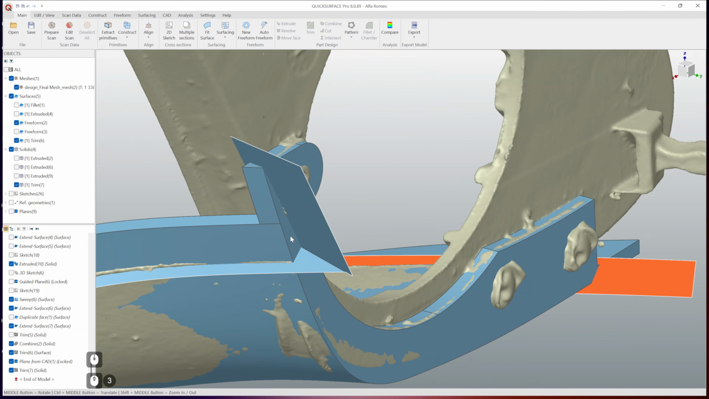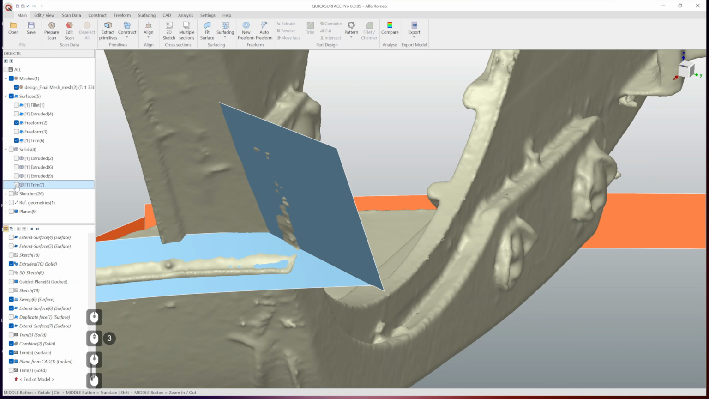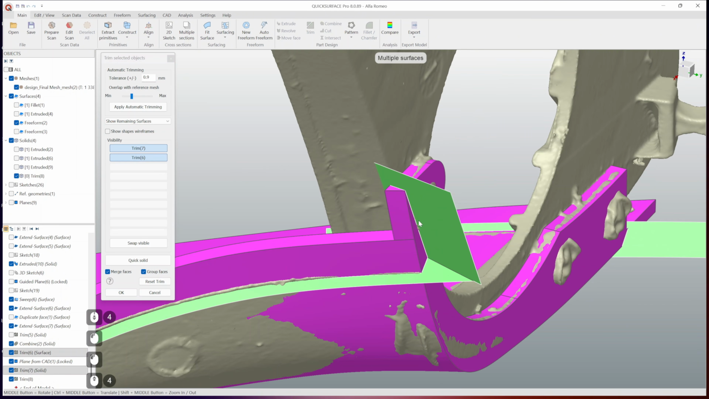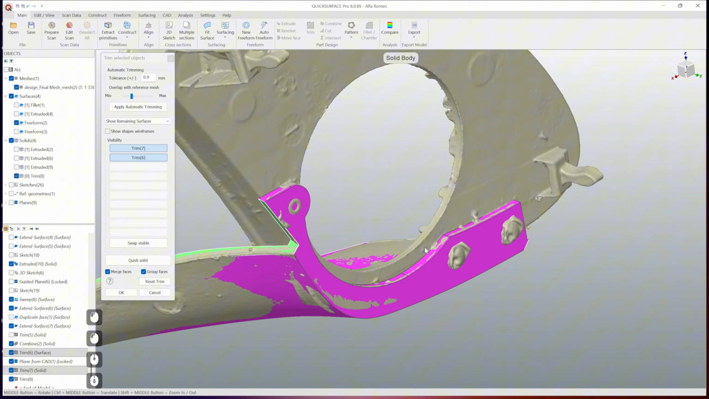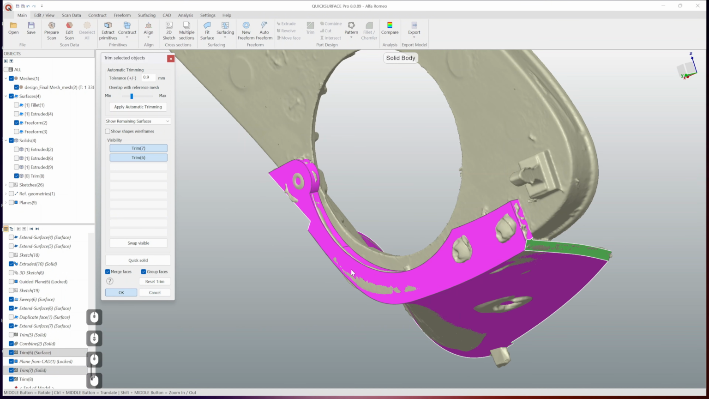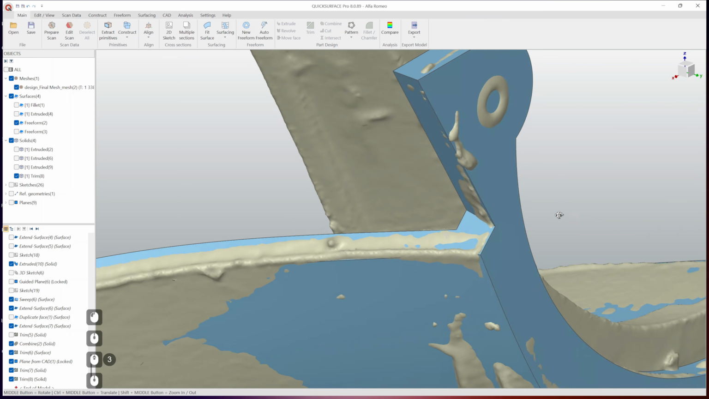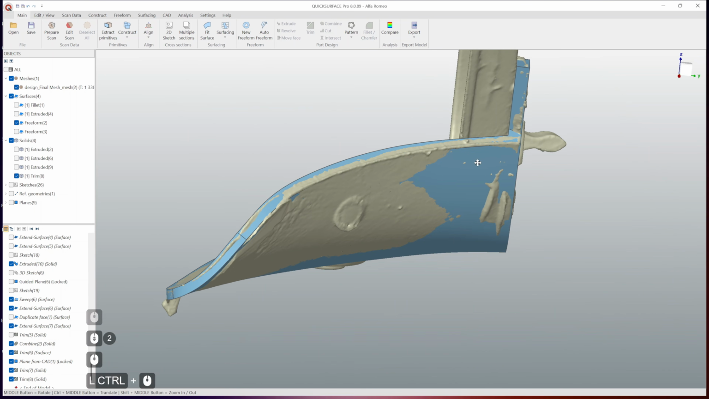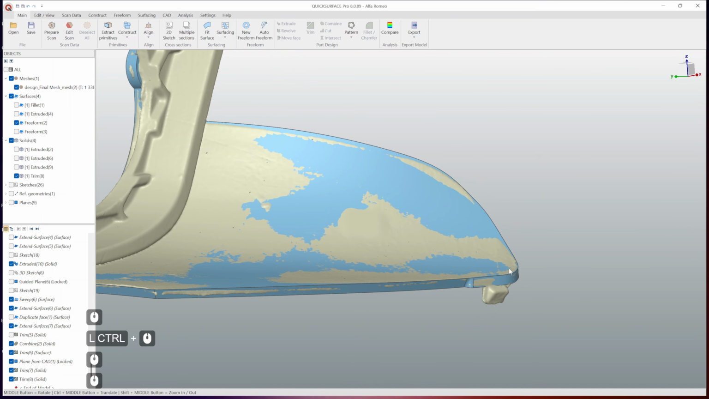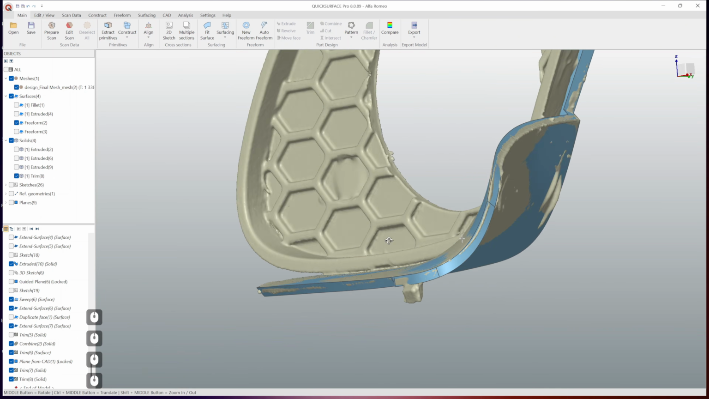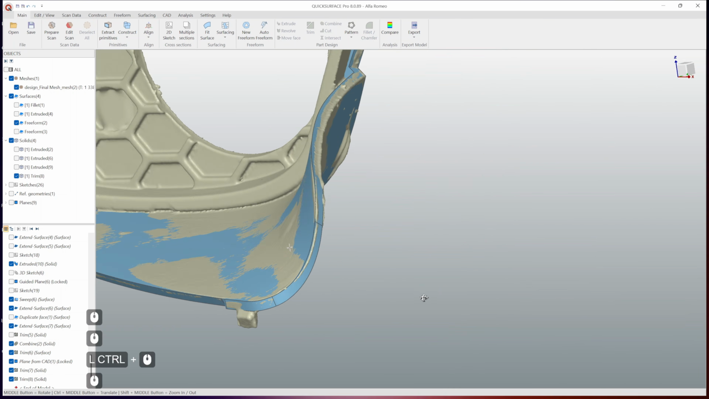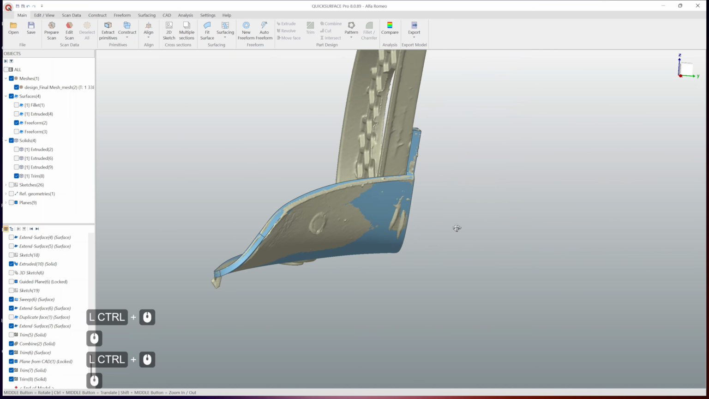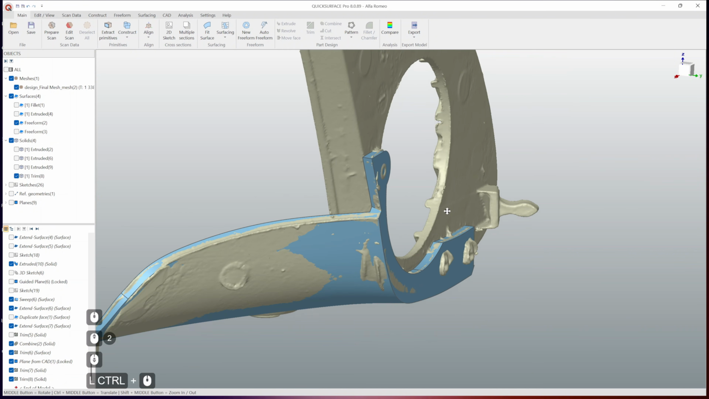And in this case, I can see that I actually, probably it will be fine. So let's try to trim it and see what's the result. Okay, like this. Let's accept. Okay, it looks good enough here. And it looks good enough on this side as well. So now we could proceed with some fillets here and there, but